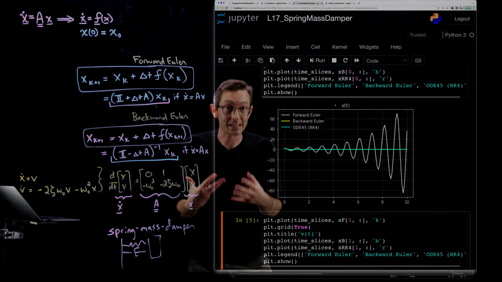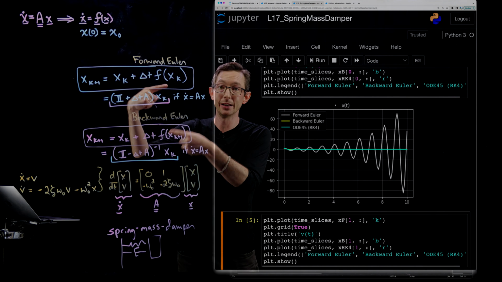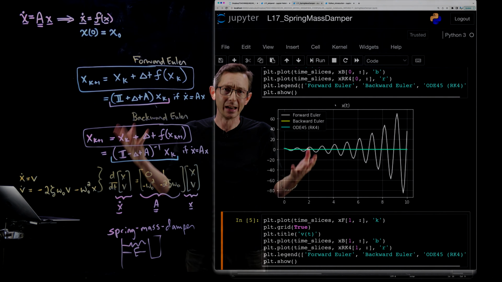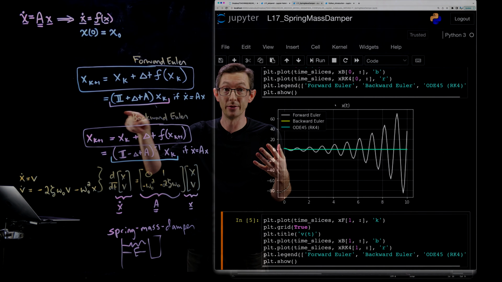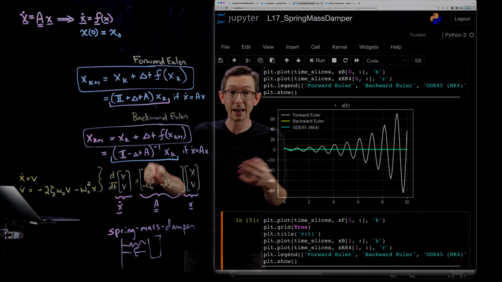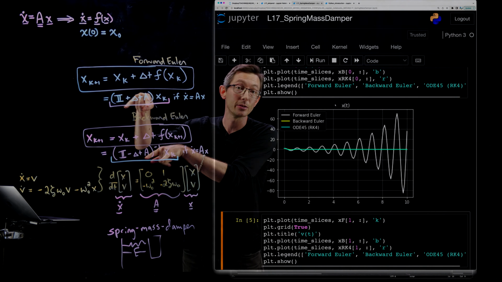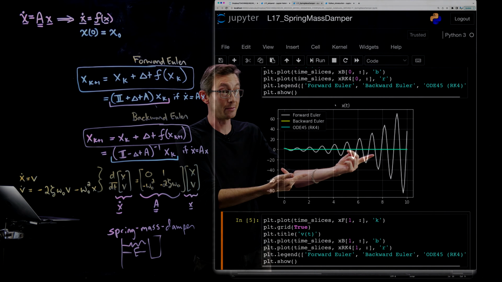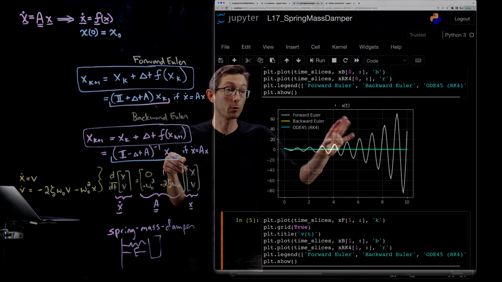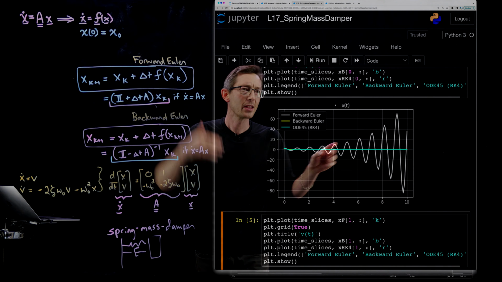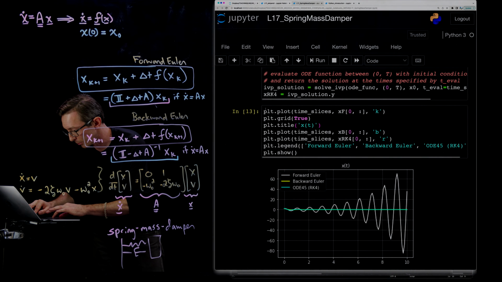So again, this is something I'm going to tell you a lot about in the next lecture, is how to analyze the stability of these integrators for different delta t. And long story short, I think we all know that it's going to have something to do with the eigenvalues of this operator, identity plus delta t A and the inverse of identity minus delta t A. These are going to have eigenvalues, and those eigenvalues are going to tell me if my system blows up for some delta t. And what we found here is that for big delta t, forward Euler is unstable and blows up. If I omit this plot,